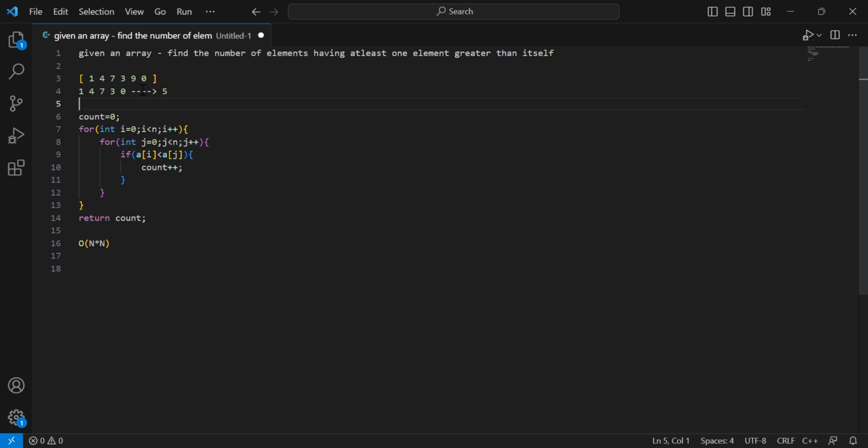So if we observe this array, you will come up with some pattern, or it's not a pattern, we can say an observation. Totally it has 6 elements and the result is 5. If you see, the greatest element in the array is 9, its count is 1. So if we find the greatest element in the array, and find the number of greatest elements in the array, and subtract that count from the total number of elements in the array,